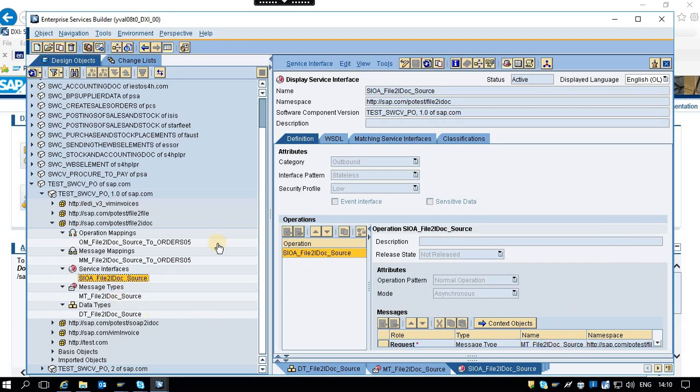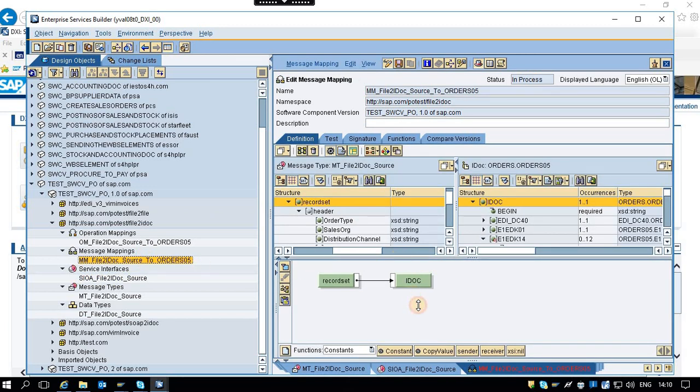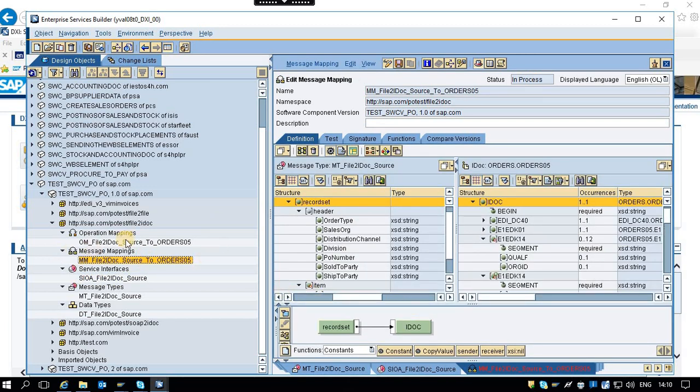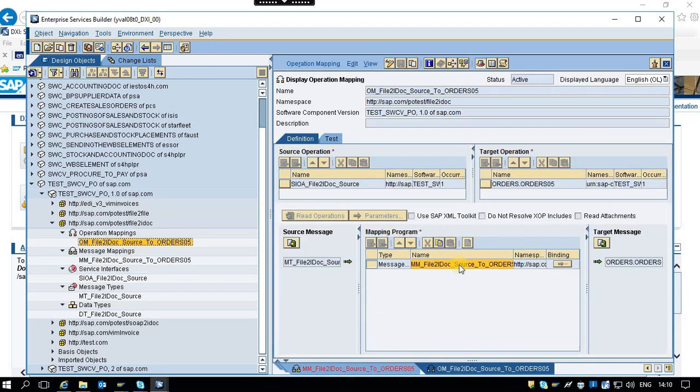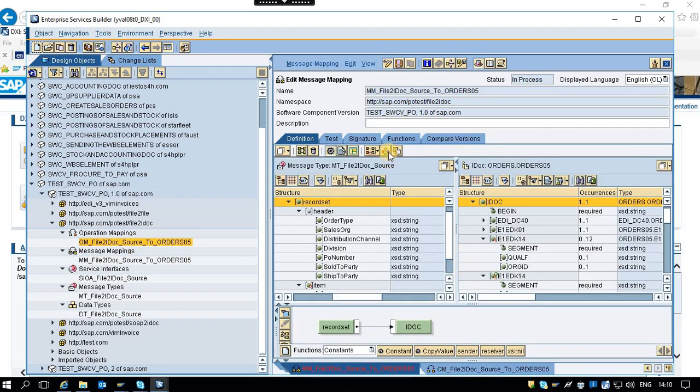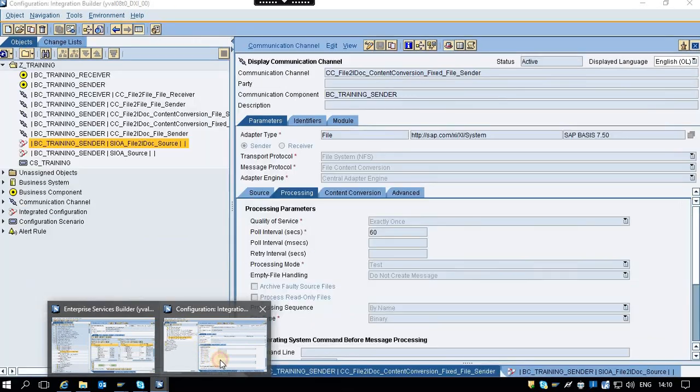It is an outbound service interface on the sender side. Then I'm using the same message mapping. There are no changes anywhere. Then I'm using the same interface mapping, inside which I'm using the same message mapping, which in turn uses the same message types. Coming to the directory part.